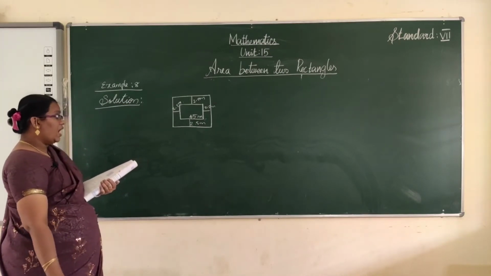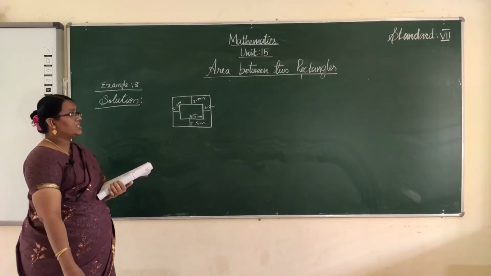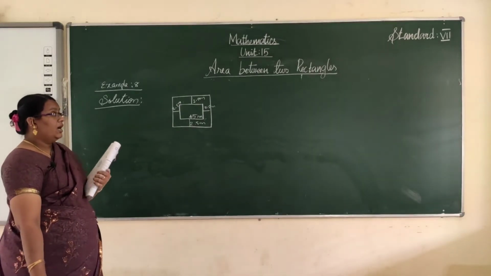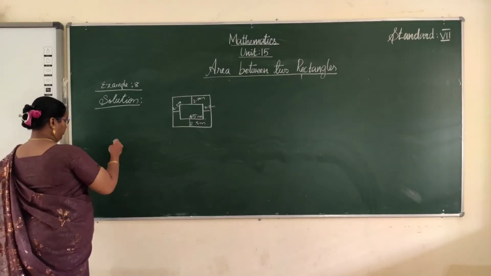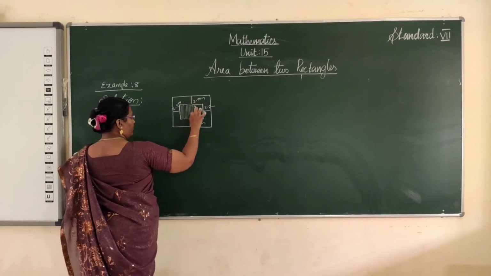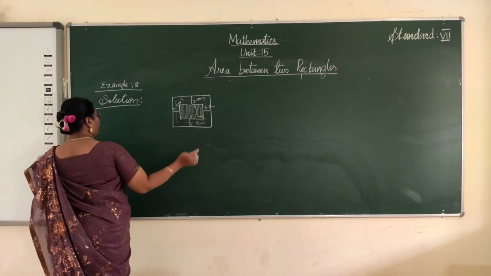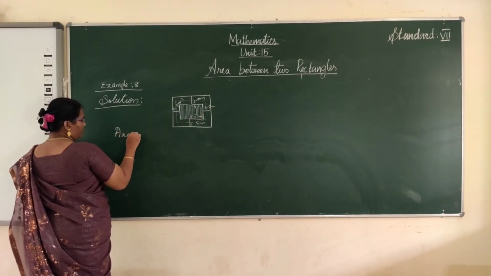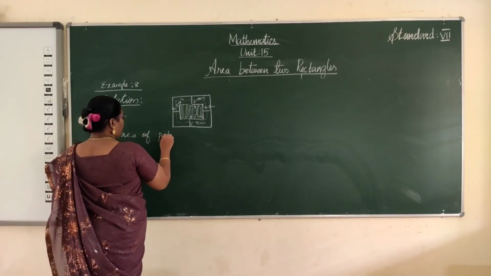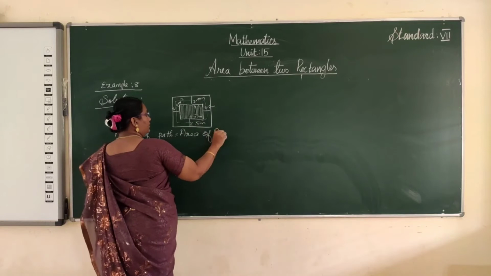So first we calculate the outer area of the square and next the inner area of the square. After subtracting, we get the answer. Again, we have to find the area of the path. So area of the path is equal to the area of the outer square